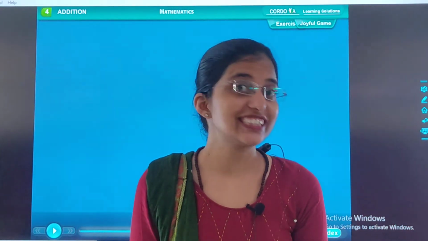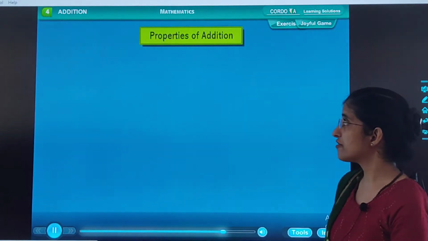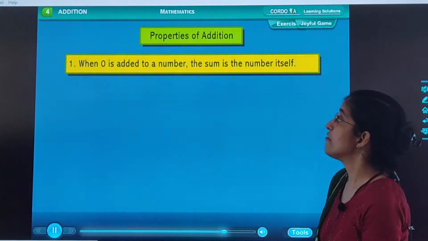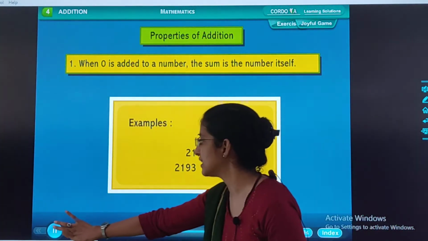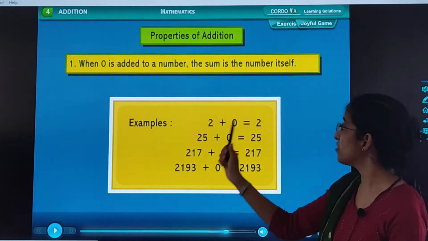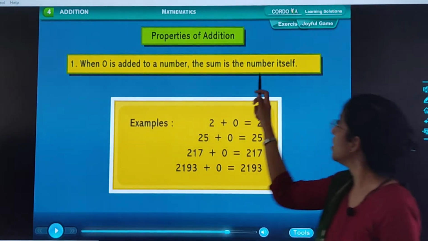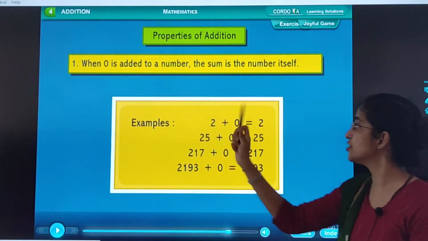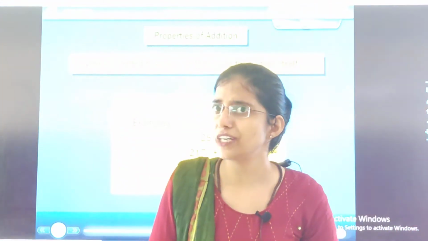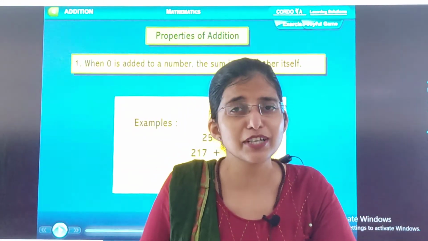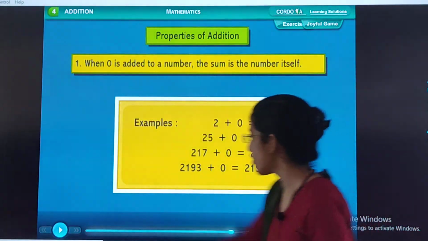Now children, we will study properties of addition. Okay, so let's start. Which is the first property of addition? When 0 is added to a number, the sum is the number itself. ठीक है, जब भी हम 0 किसी नंबर में ऐड करेंगे तो हमें क्या आंसर मिलेगा? The number itself. यानी 2 plus 0 2, 25 plus 0 25, 70 plus 0 70, 99 plus 0 99. Okay, clear? The second property is